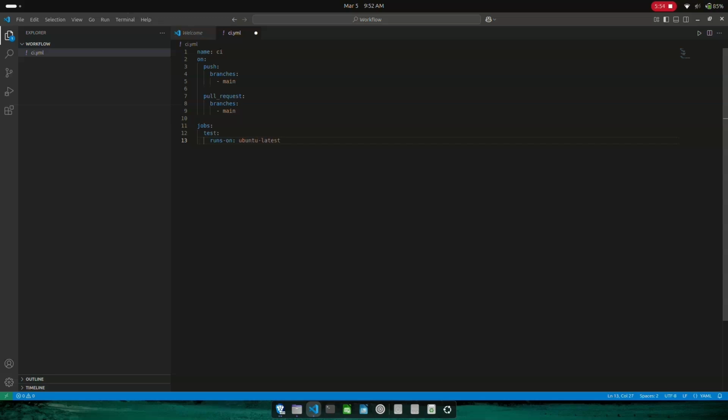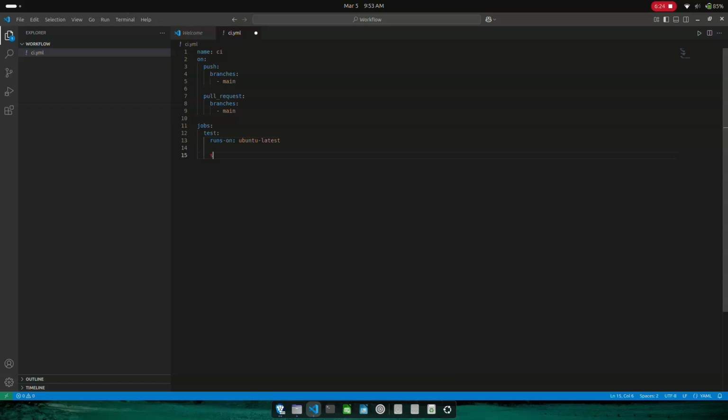You want to remember the syntax, like where we are using the indentation and where we are not. So that is very important in case of Python as a whole, not just this. So this is basically the test will run on Ubuntu latest. Also, Ubuntu latest is not the latest version of the OS, but the latest version which GitHub Actions have available. So this basically tells us where the test can be run on.